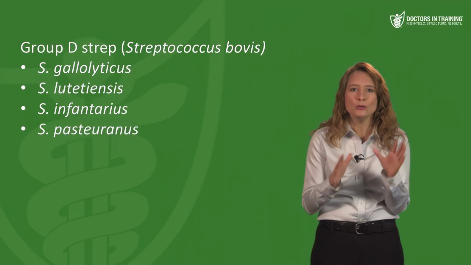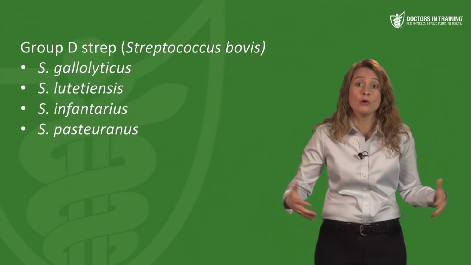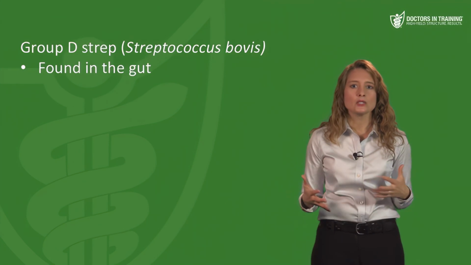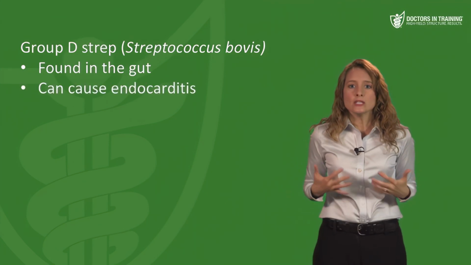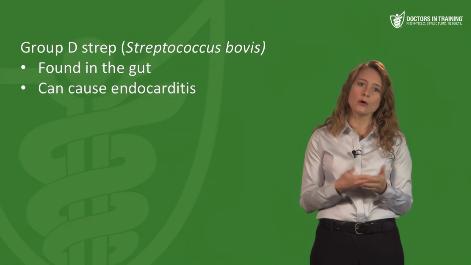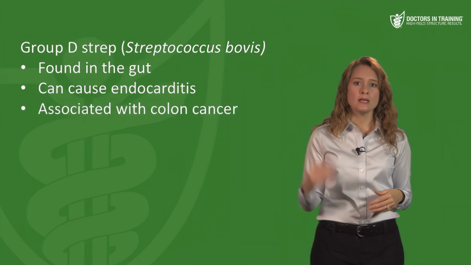I don't think that you need to remember these species, but you'll need to know the significance of Strep bovis as a group. Strep bovis is found in the gut. When it accesses the bloodstream, it can cause endocarditis. There's an association that you must remember regarding Strep bovis. When Strep bovis is found in the bloodstream or as a cause of endocarditis, the patient must be evaluated for